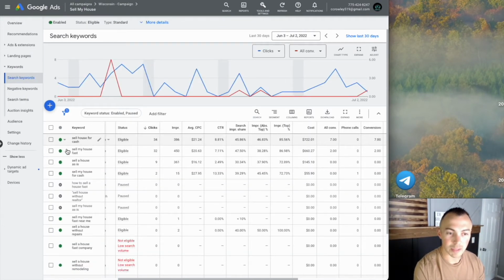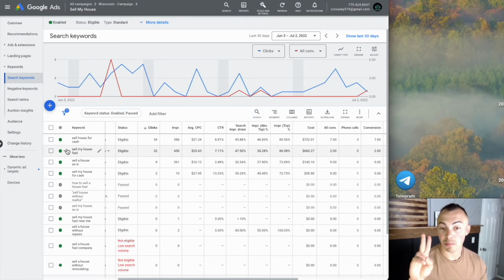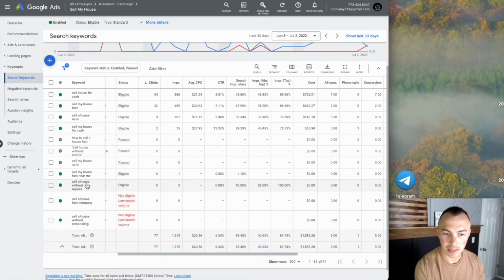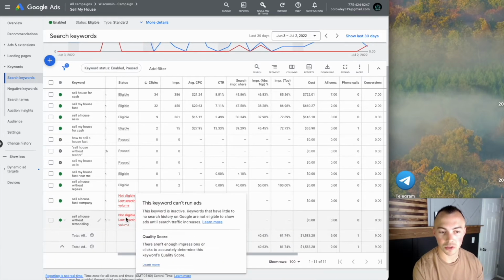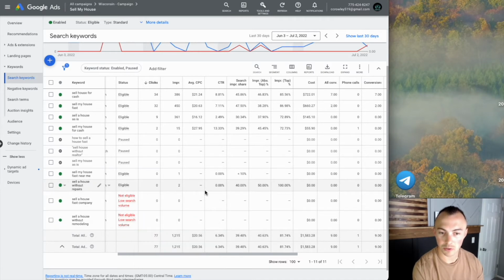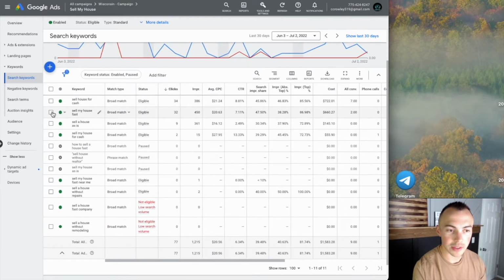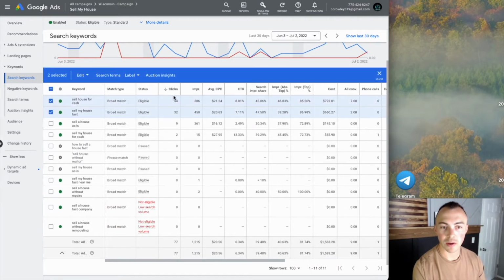We can see here the majority of our conversions are coming from 2 keywords. We've got a phone call over here from another keyword, but other than that, these ones right here are not eligible, low search volume, same thing goes here, sell a house without repairs. If we were getting a ton of clicks and 0 conversions, then I would be somewhat concerned. But if I go into here, these 2 keywords are our best ones. We have 34 clicks, 32 clicks, both of them are broad match,